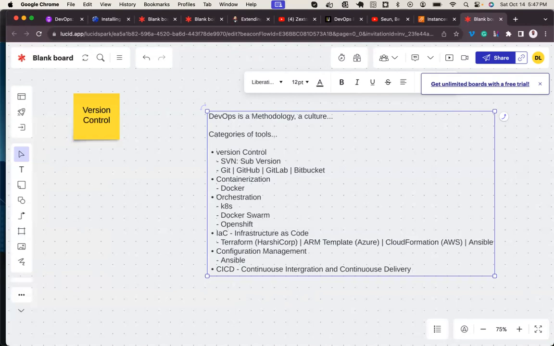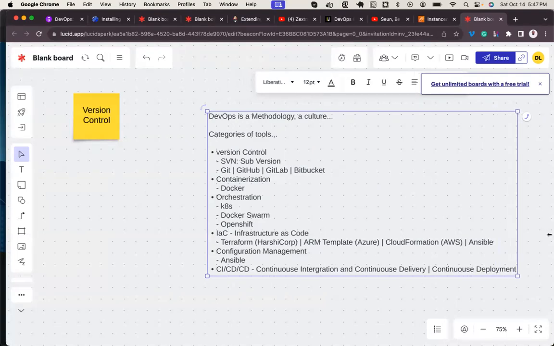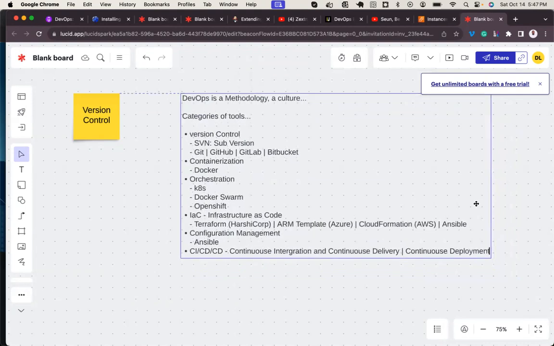Now, there is another CD. Naturally, it is CI/CD, and now CI/CD/CD. This other CD is continuous deployment. I'm just giving us the entire stack at a higher level.